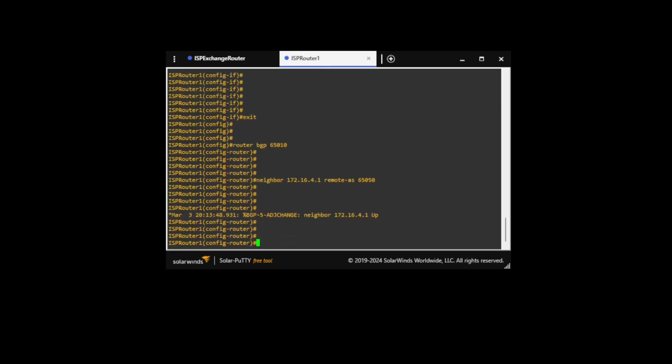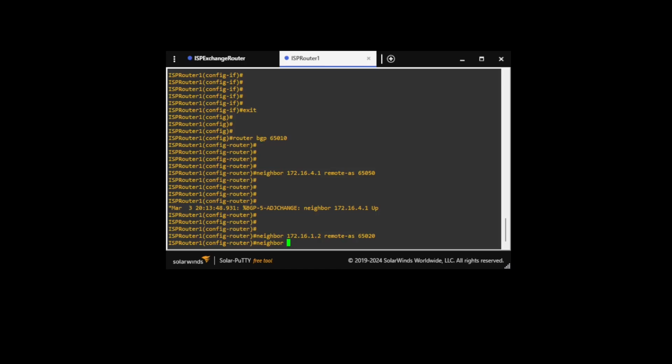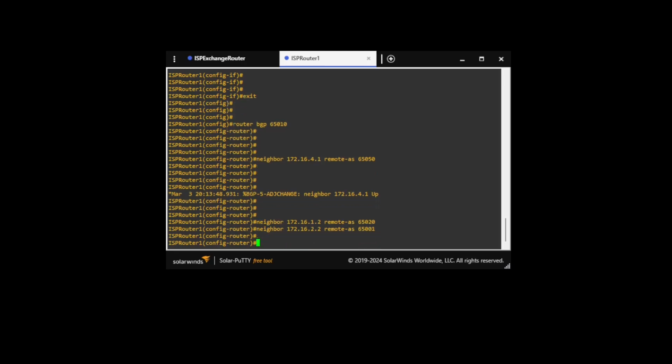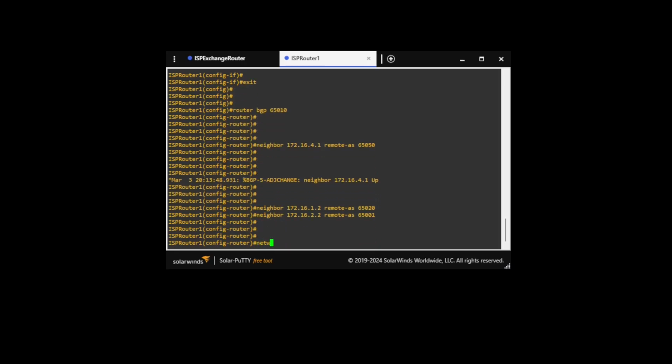We're also going to do a neighborship with 172.16.1.2 on remote autonomous system 65020, and neighbor 172.16.2.2. Okay, and for the networks that we want to advertise from this router, it's going to be either